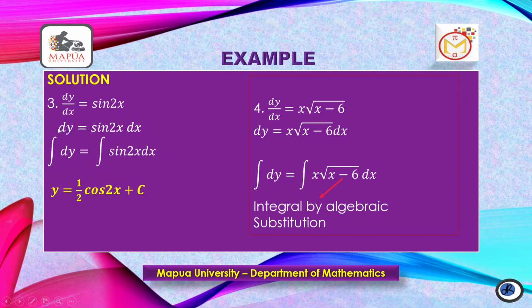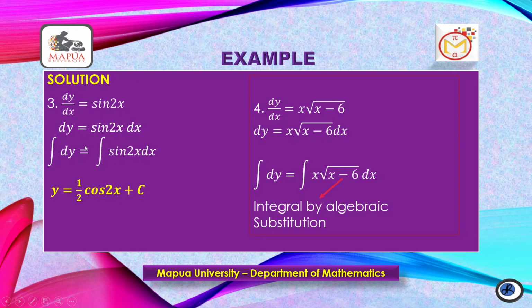So on the left side, we have dy, and then on the right side, we have sine 2x dx. So to find the solution, all we have to do is just get the integral of each side. So the integral of dy is y here, and this is integrable directly. We have the integral of sine 2x dx is